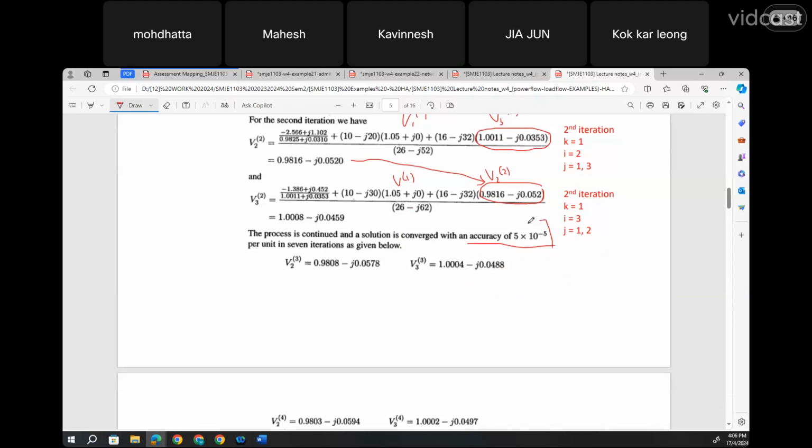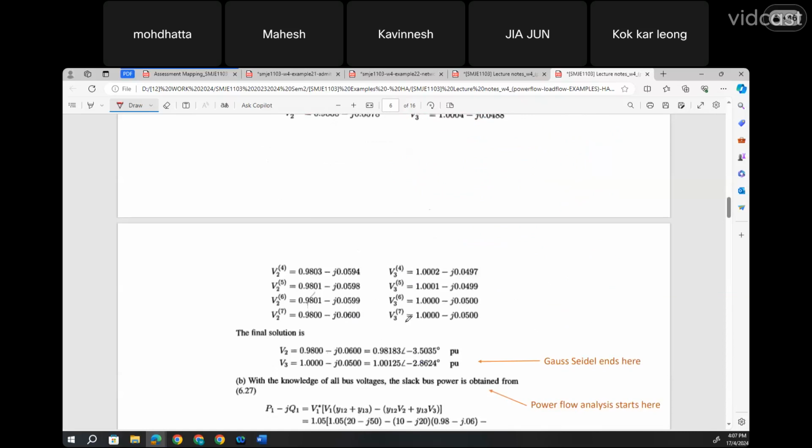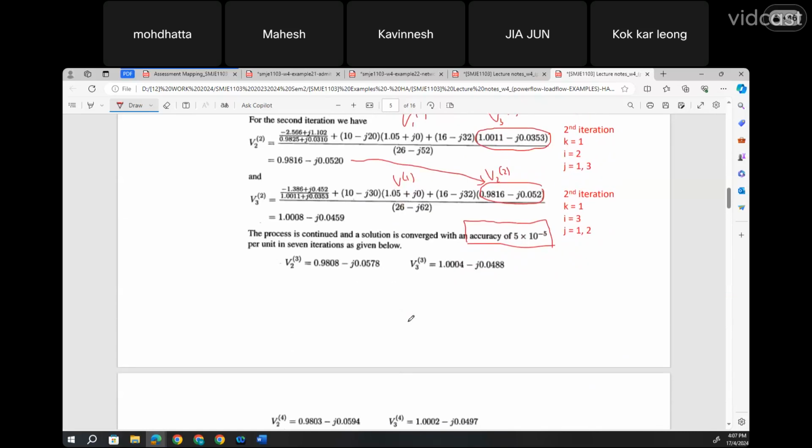This is always given later, based on what is given in the question. Let's say accuracy is 5 times 10 to the power of -5, meaning that there are no other changes between the first and also the second iteration, or the third or fourth iteration. There are no changes in the iteration. Okay, and we stop it. And based on this question, it says here